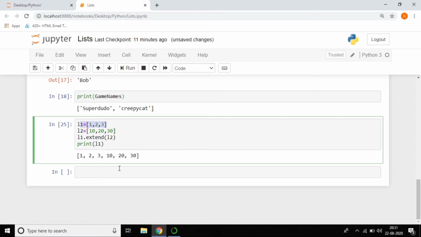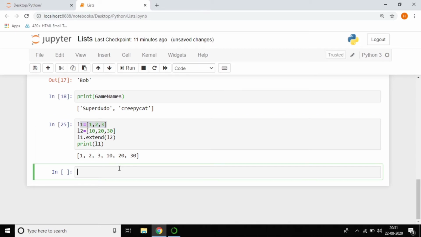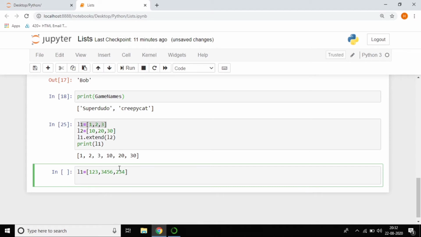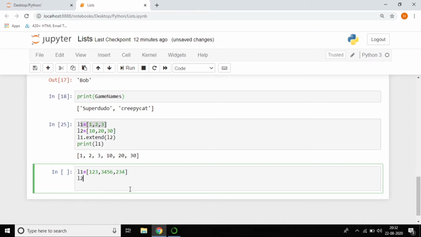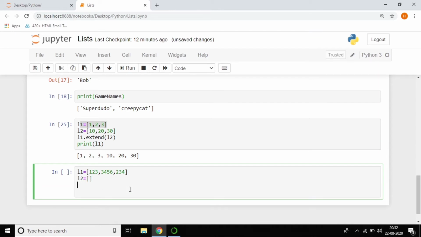Now let's use another method, which is called the copy method. The copy method is used to copy the list of items to an empty list. So guys, I want to create another list, a new list called some numbers. Yeah, I created a new list called some numbers. Same thing, I want to copy the list. So I'm creating an empty list. Yeah, I created the empty list. So I want to copy L1 into L2. How to do that? Just make it like this: L2 equal to L1 dot copy.